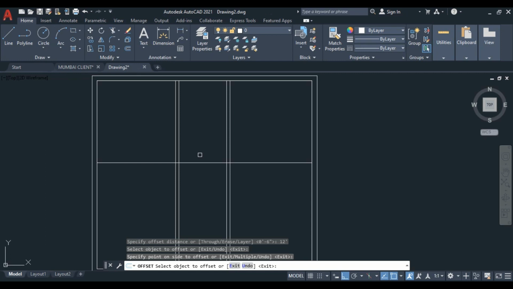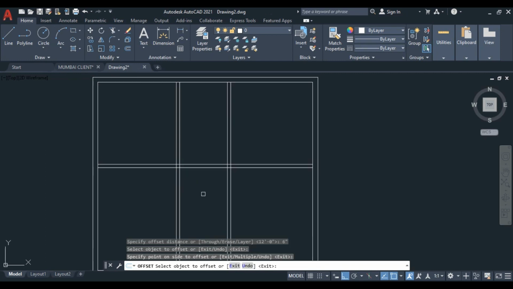So we offset this from upward to downward, for the internal wall. So I take again 6 inches for the internal wall, so I just click here.